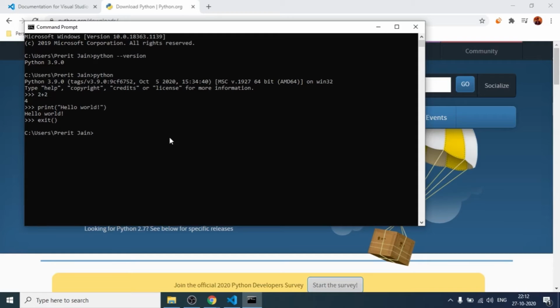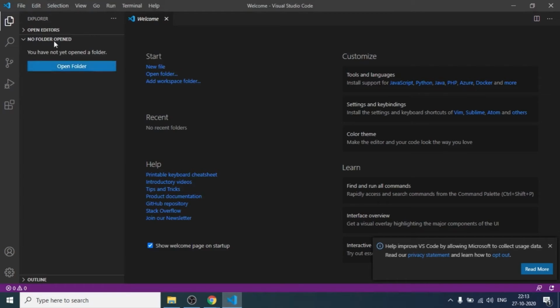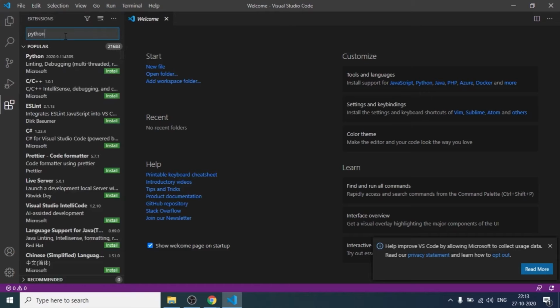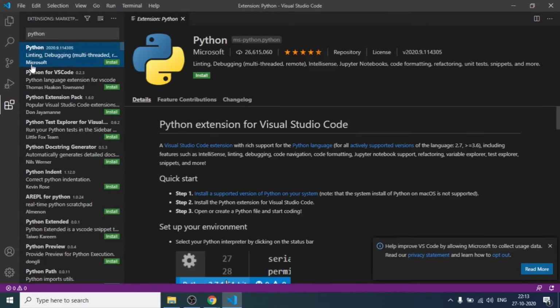and now we'll begin with the Visual Studio Code setup. So now we'll open Visual Studio Code. So over here we'll click on extensions, which is the 5th tab towards the left, and we'll search for Python extension, and we'll install the first one, which, as you can see, is an official one because it's published by Microsoft. So we'll click on install.